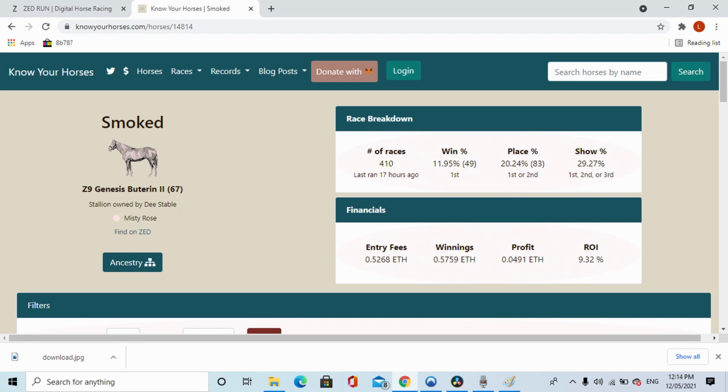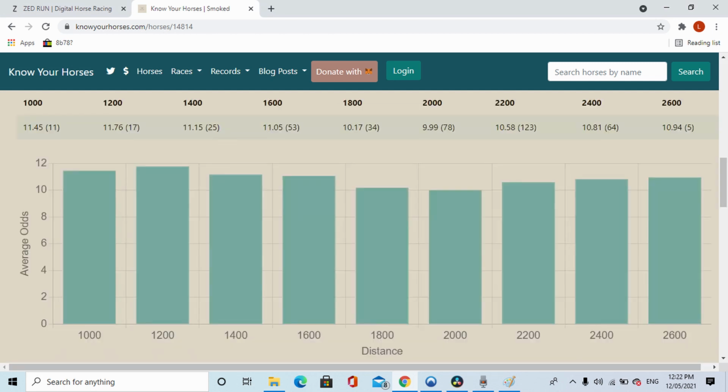The horse's stat page is a wealth of invaluable information, from overviews of races and financials to breed and blood type, and even a link for the horse's ancestry. But for today, we are focusing on odds. Scroll down until you find the average odds by distance bar graph. This graph is a great visual display and can help you determine the distance where your horse is likely to